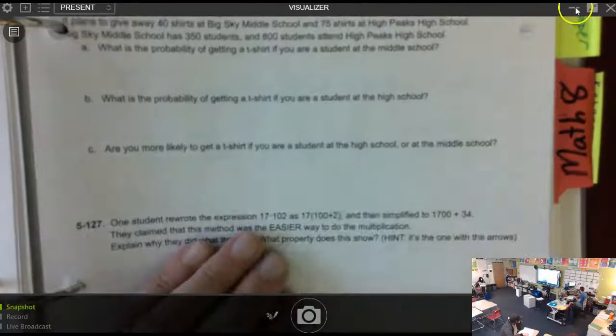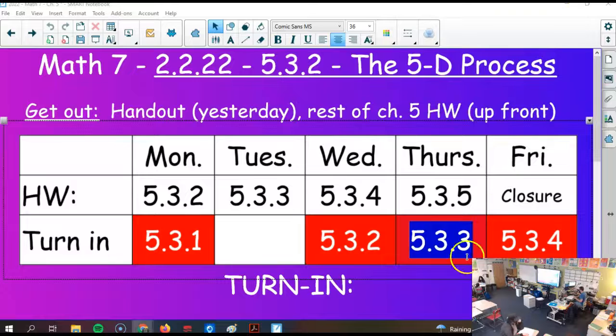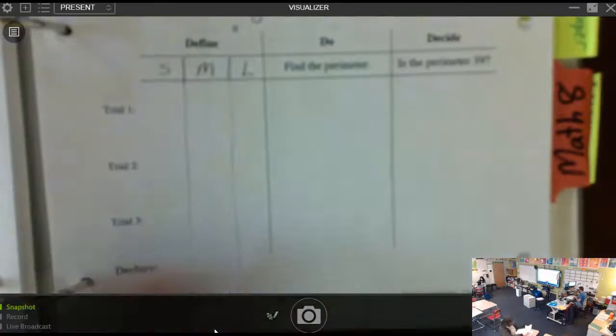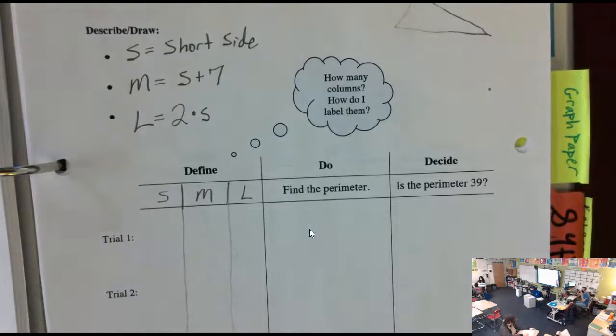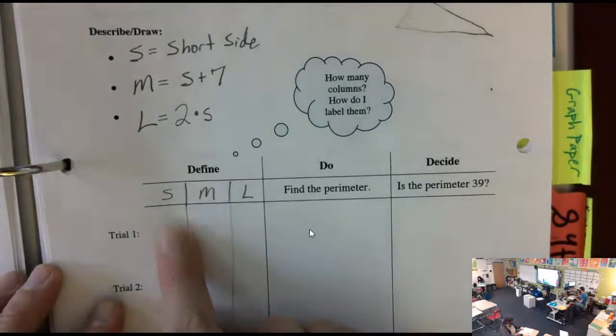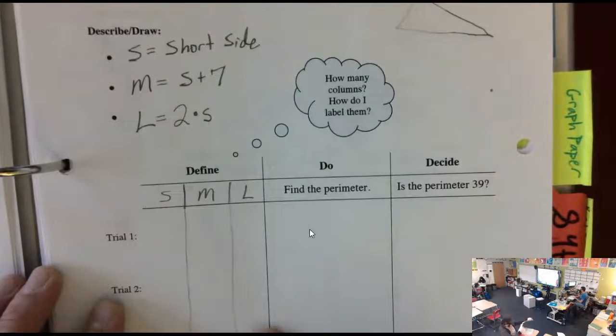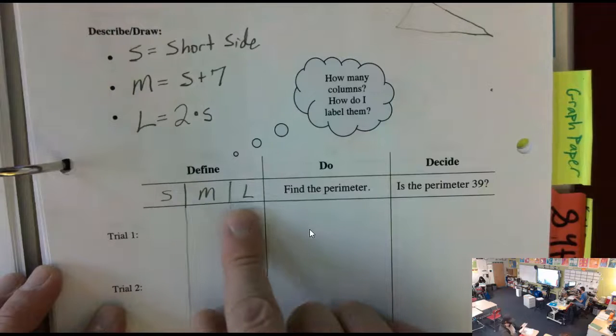So let's go back to our packet from yesterday. And I think this was exactly what we had written down because I think I used my pencil for you guys. So we had split the defined space into the small side, the medium side, and the large side.